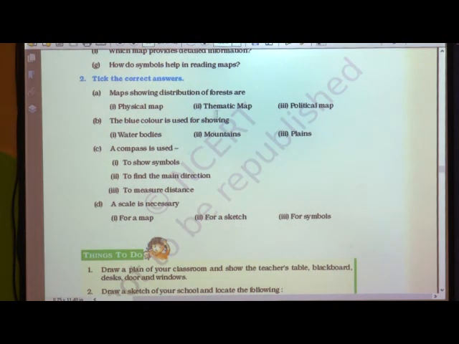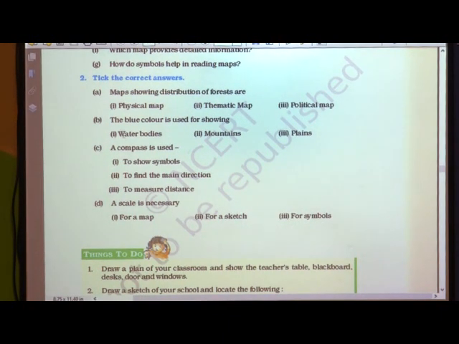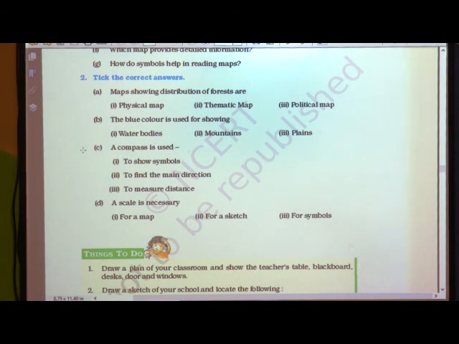Second one, blue color is used for showing water bodies. Again, third one, a compass. What is a compass used for? Symbols, distance or main direction? Yes, the answer is compass is used to find the main direction.